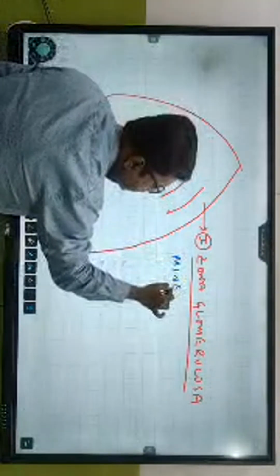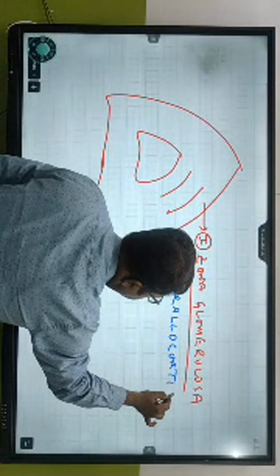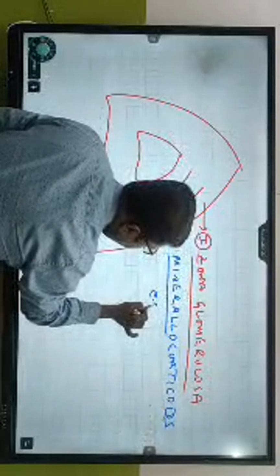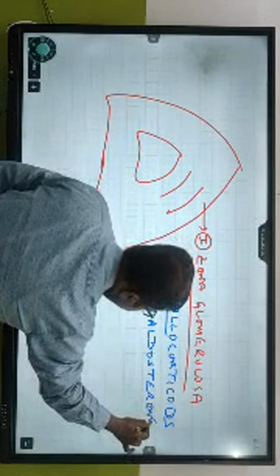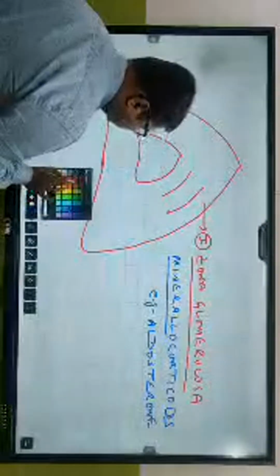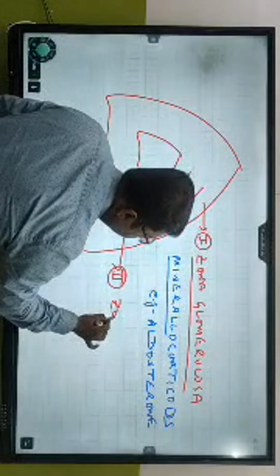क्या नाम है? Mineralocorticoids. The type of hormone is mineralocorticoids. And the example of mineralocorticoid is aldosterone. The second layer is called zona